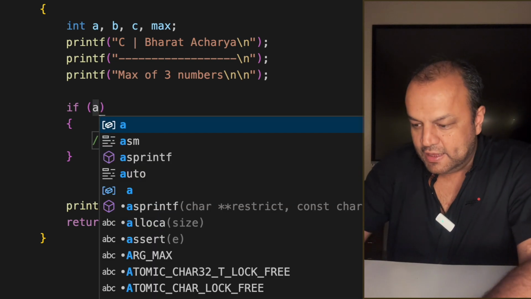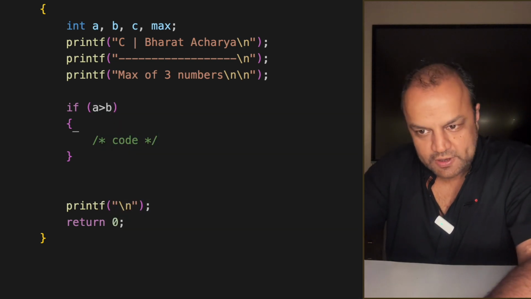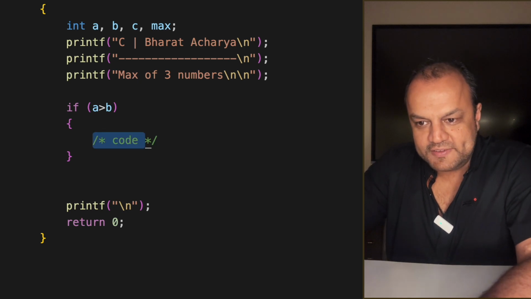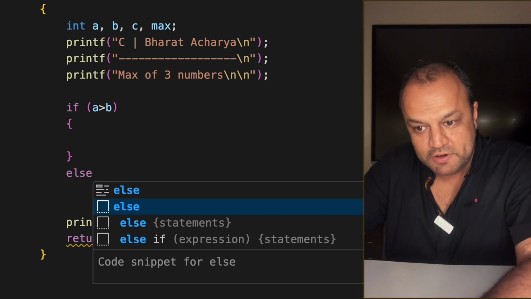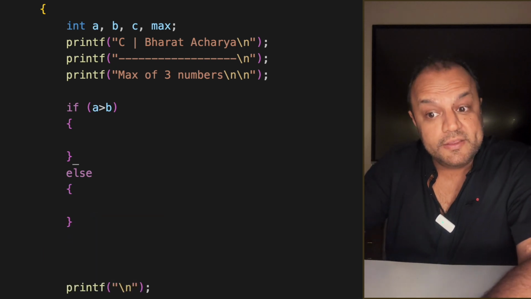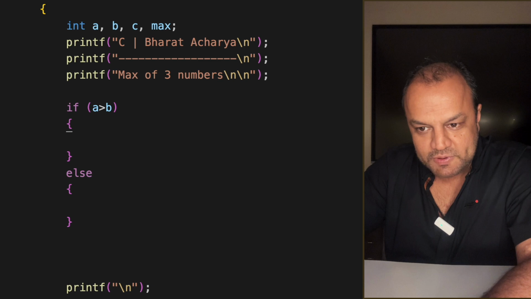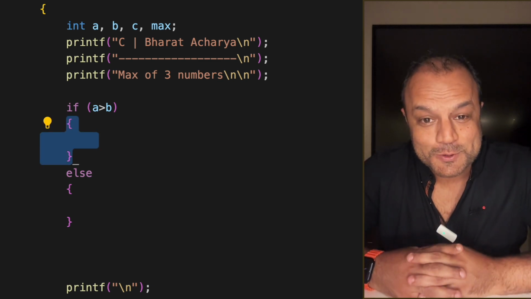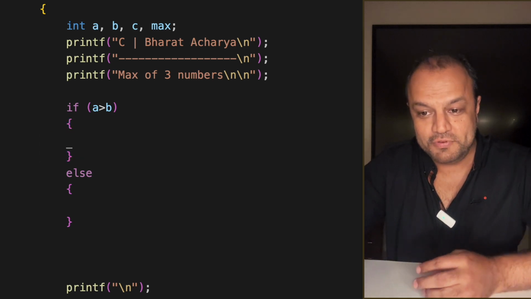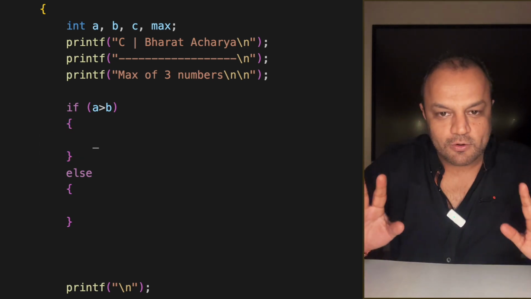So if A is greater than B, all right? If this part is satisfied, I'm not going to the else part. The else part will be the second half of the logic, which we will discuss later, where B is involved. Here, in this much part of the program, B is not in the picture because A has beaten B. So now if we have come here, B is out of question.